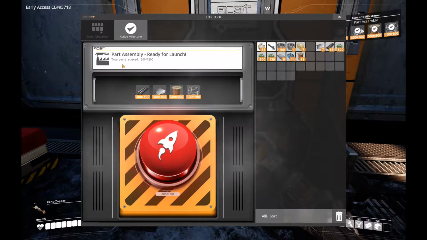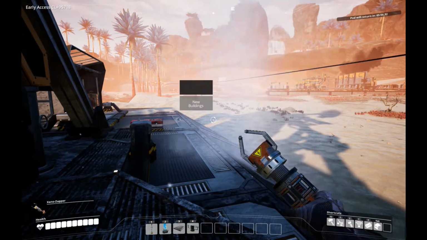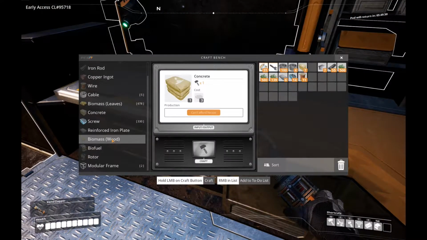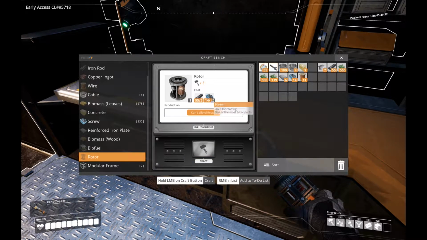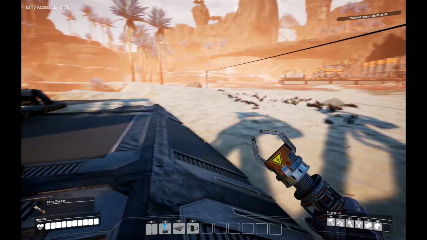Right here, we're doing part assembly because we need to be able to automate the manufacturing of screws. I've gathered all the material for that. Milestone reached, and now we've unlocked the milestone. We've got new buildings and new parts. The new parts are, I think, the rotor and the modular frame. Modular frame requires reinforced iron plate, and the rotor requires screws. The reinforced iron plate requires screws. So let's go check out